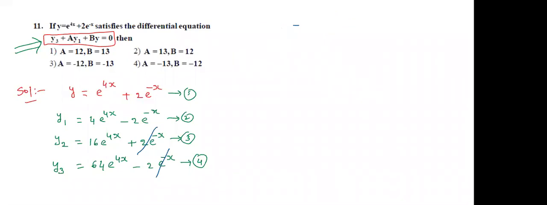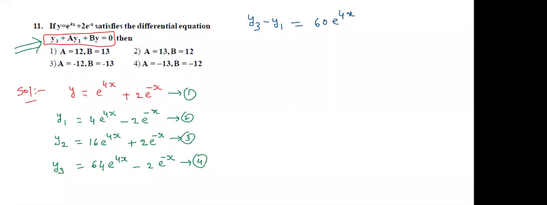So go to another method. What do we have to do? Tell me. We don't want y2. Then how to do that? So I got a thought like this: y3 minus y1. Observe here, 60e^(4x) will come. Yes or no? At that time, minus 2e^(-x), minus of minus plus 2e^(-x), it is going to cancel.